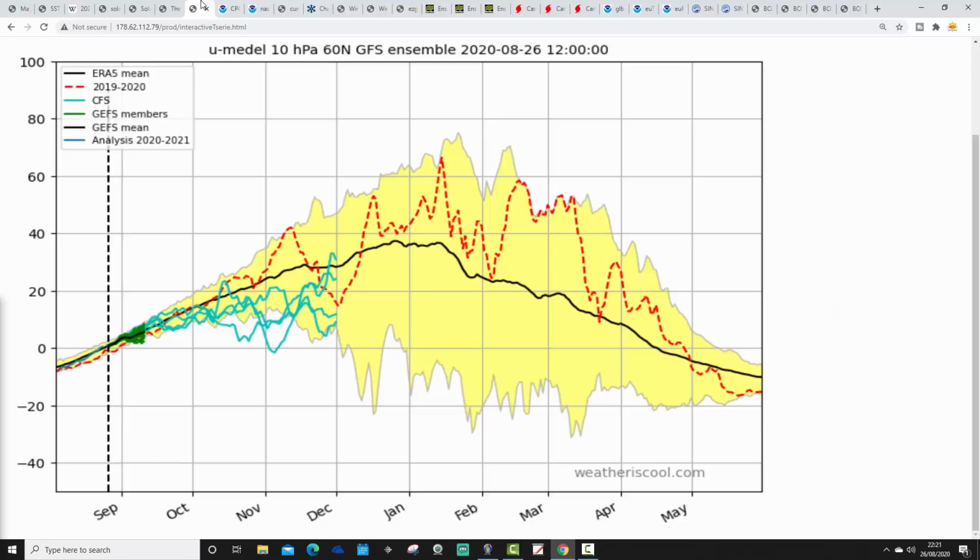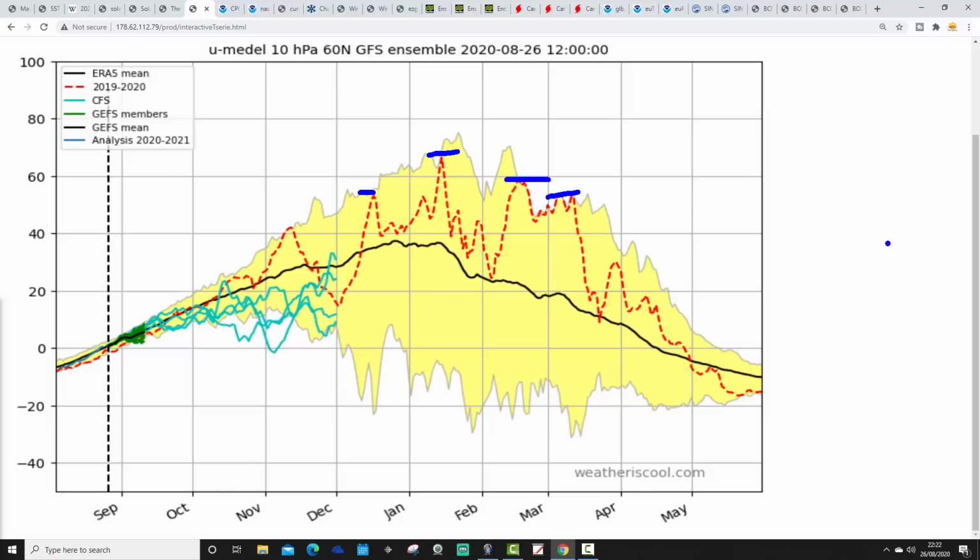We're going to keep a very close eye on zonal winds in terms of the Arctic and the North Pole. So, of course, last winter we had the polar vortex of doom, and that was associated with a very, very strong zonal wind at 10 hPa in the stratosphere. You can see that very often through last winter, the zonal wind was at record-breaking levels. It really was the polar vortex of doom.